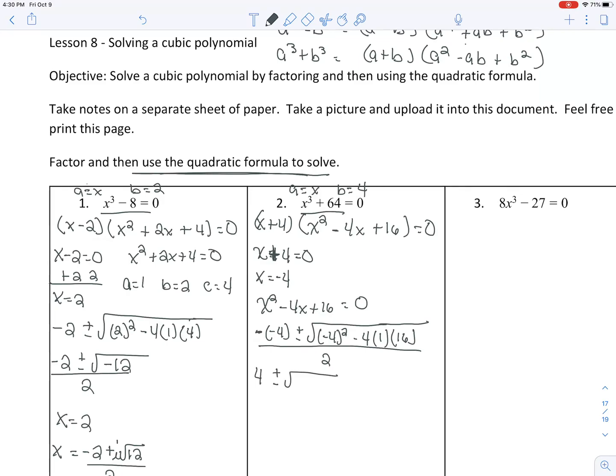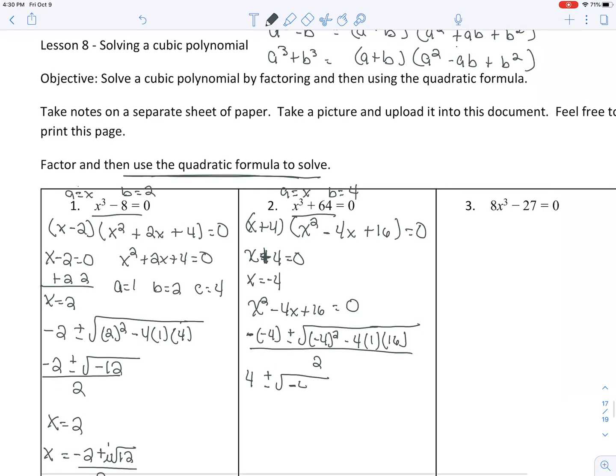So -4 becomes 4 plus or minus. This is 16 minus 64. So we have 16 minus 64, negative 48